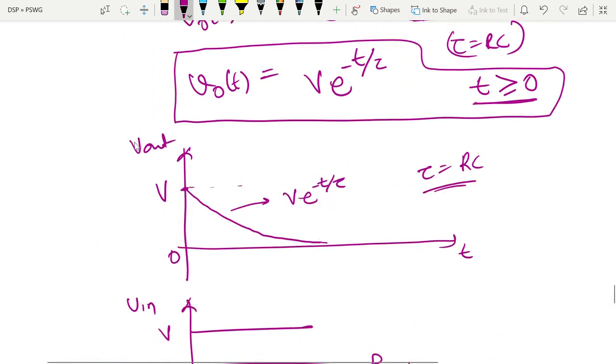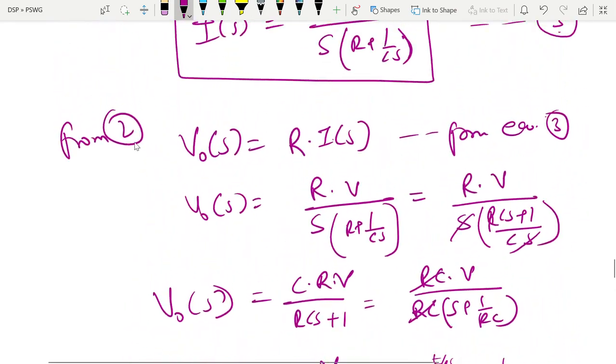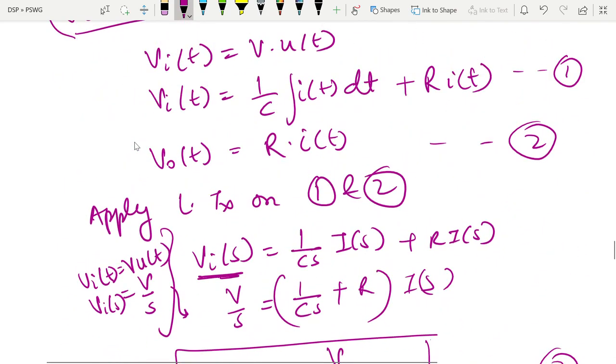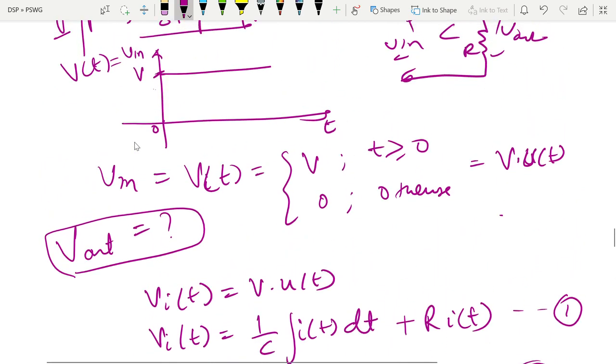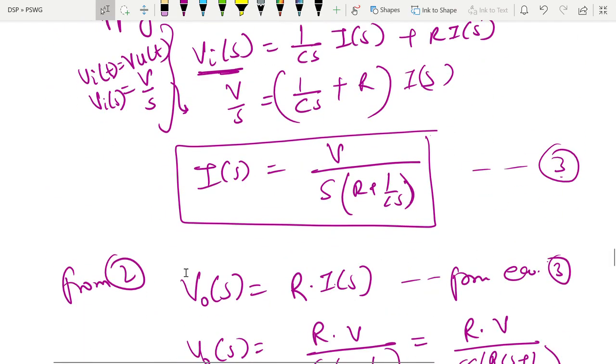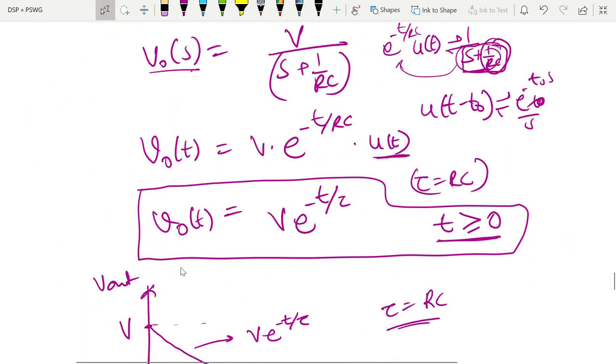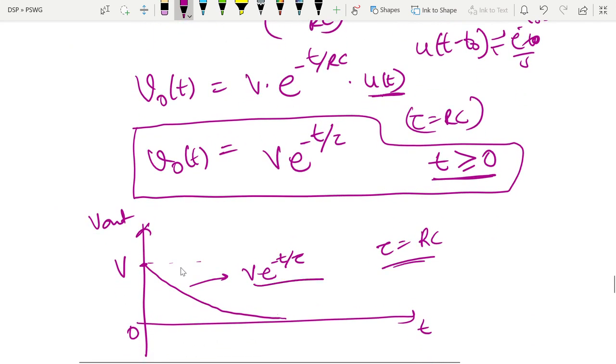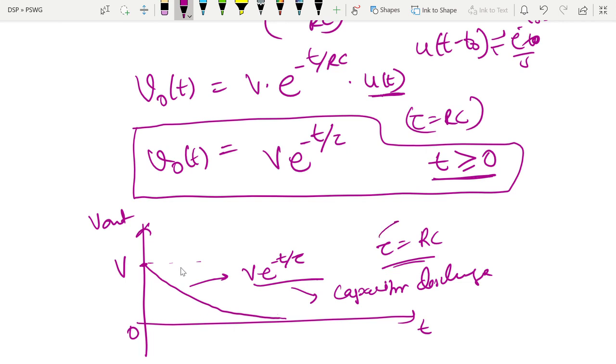ठीक है, तो ये जो लाप्लास ट्रांसफॉर्म से ये हमें क्या पता लगा, हमें ये पता लगा कि अगर हम इनपुट यूनिट स्टेप देते हैं और इसको लाप्लास ट्रांसफॉर्म से हमने इवेल्युएट किया, तो फाइनली आउटपुट जो होगा, ये जो है ये इक्वेशन किस चीज की होती है? ये इक्वेशन होती है कैपेसिटर डिस्चार्ज, डिस्चार्जिंग ऑफ कैपेसिटर, कैपेसिटर डिस्चार्ज की इक्वेशन है ये. ठीक है, तो ये डिपेंड करेगा टाइम कांस्टेंट में. इट इज अ टाइम कांस्टेंट. तो टाइम कांस्टेंट के ऊपर डिपेंड करेगा कि हाउ गुड इट्स द डिफरेंशिएटर इज.